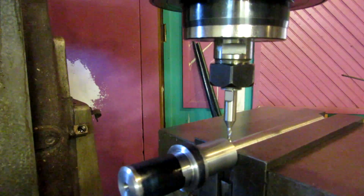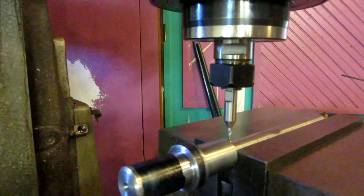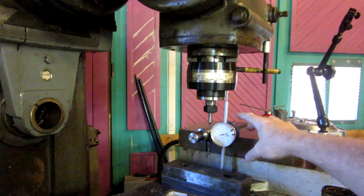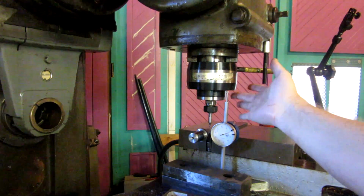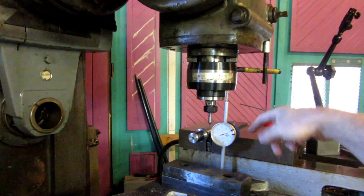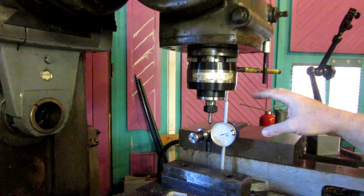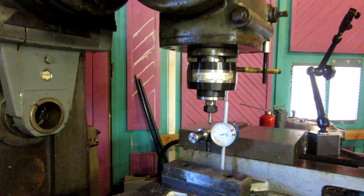lower the quill up here. There's a movable quill. Let me get the camera and show you. What you see here is I got an indicator set up touching on the bottom of the speeder. This is the movable quill. It's 7 inches in diameter, and then I've got my indicator zeroed out. I got my cutter touching,